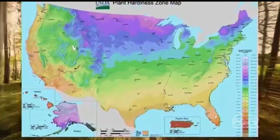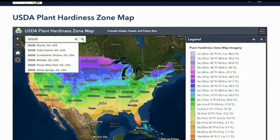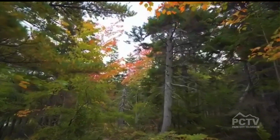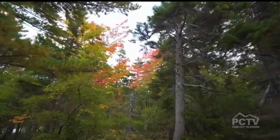And tell us more about hardiness zones and why they are so important. So the United States Department of Agriculture for many years has created what's called a hardiness zone map. It helps tree planters understand, based on where you live, the region of the country, the climate of where you live, which trees and which plants will do best in that area. What we've done is we've created a new map, a future hardiness zone map, to help people understand which trees are not just perfect for today, but which trees are going to survive 20, 30, even 50 years from now